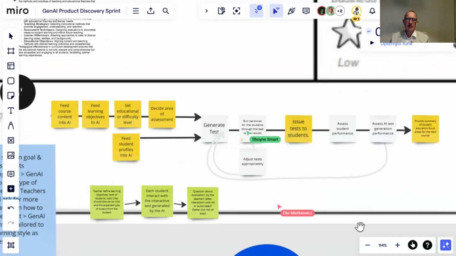And this is the iterative bit. So you generate the test, and because you have the personas of the students, you can generate personas and then get the personas to run the test, and then you can adjust the test appropriately. So just in case you miss something really obvious, like half your students turn out to be from another country, and so they miss a whole bunch of words because they come from a Latin country and they miss the Germanic words. So it runs through, changes them all, and then you can issue the test to the students,